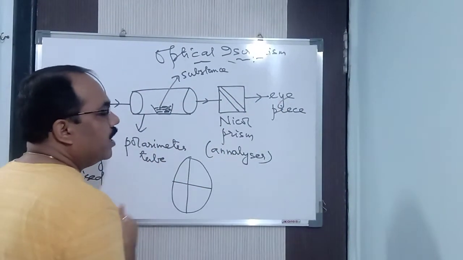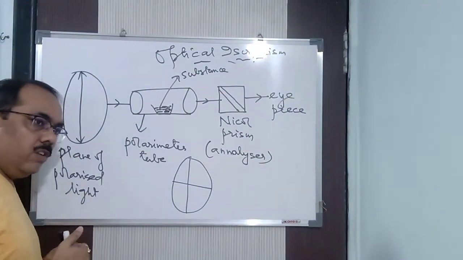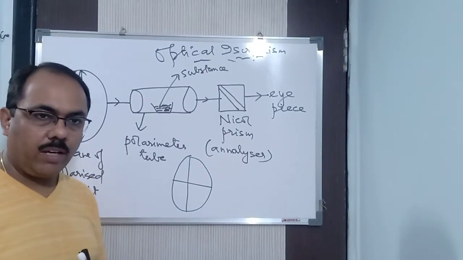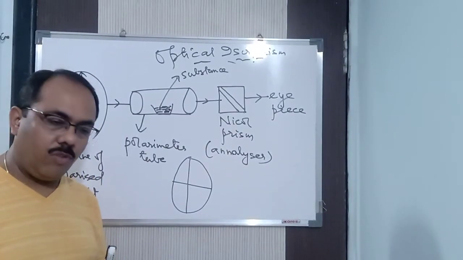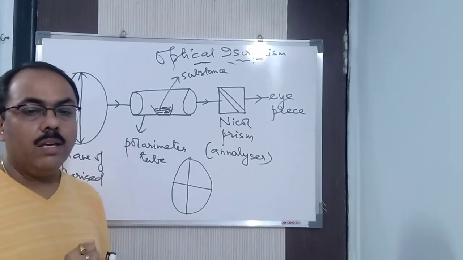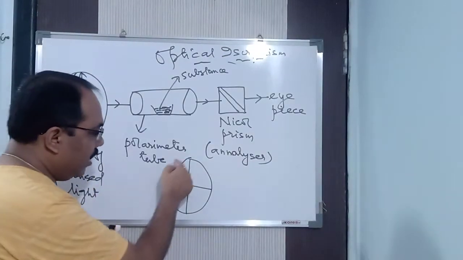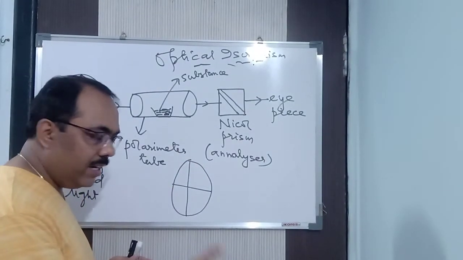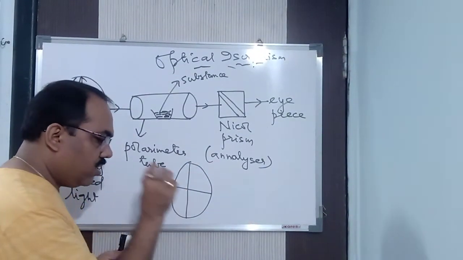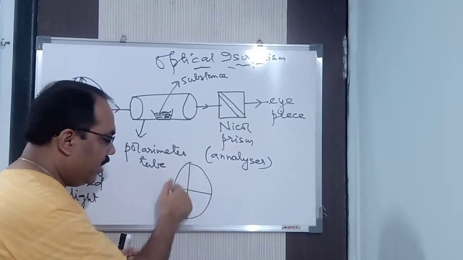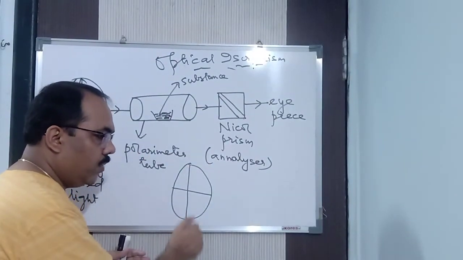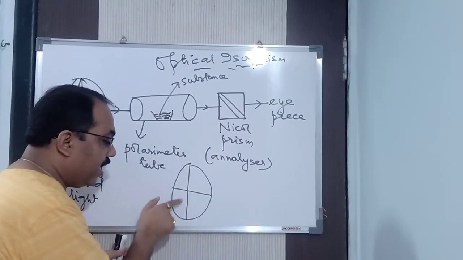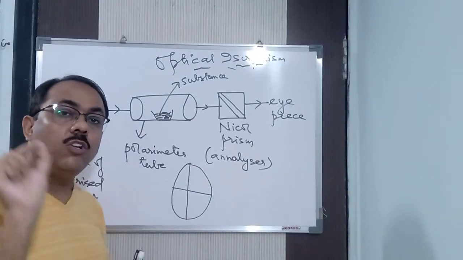Now you need to make an arrangement of the eyepiece. Eyepiece means microscope. So those who are using the microscope, the bio students, they know it very well how to use the microscope. They set the microscope in such a manner that they see a crossed area, and before putting the slide they adjust the microscope so that the crossed area is sharp, absolutely sharp.